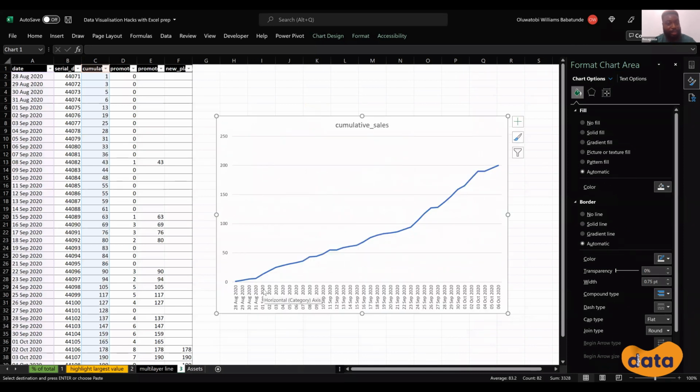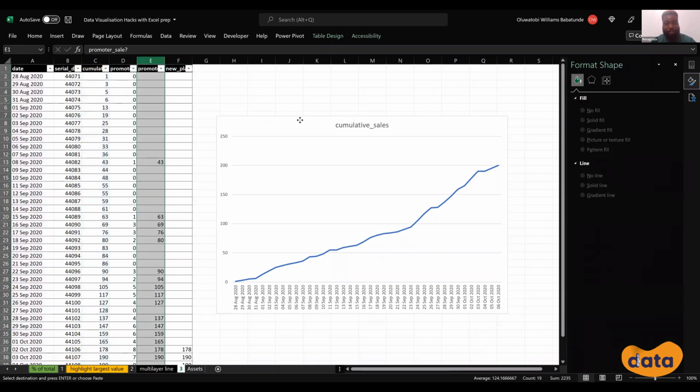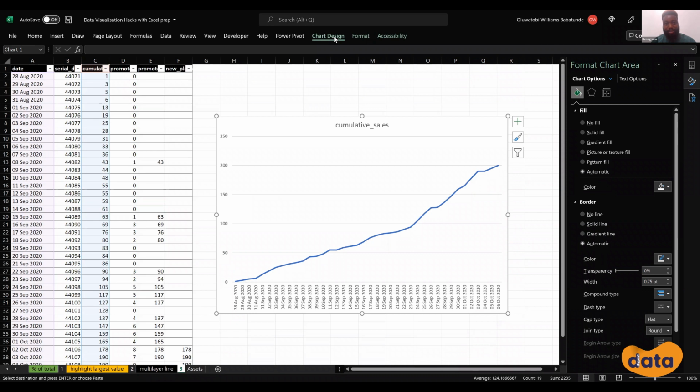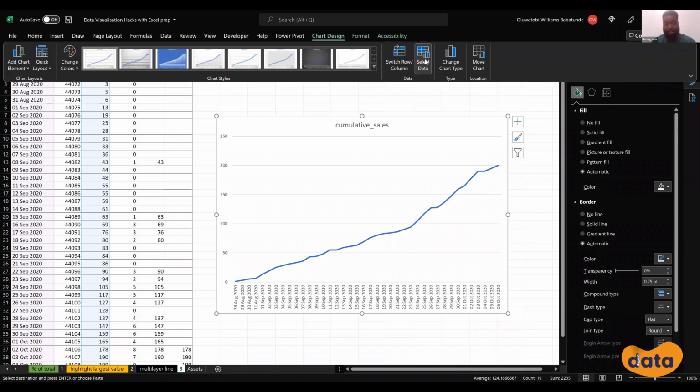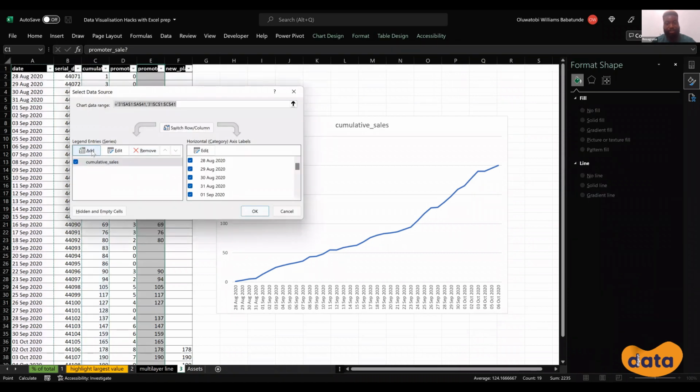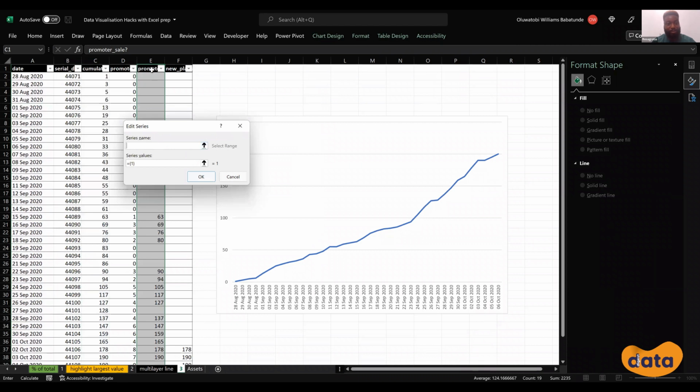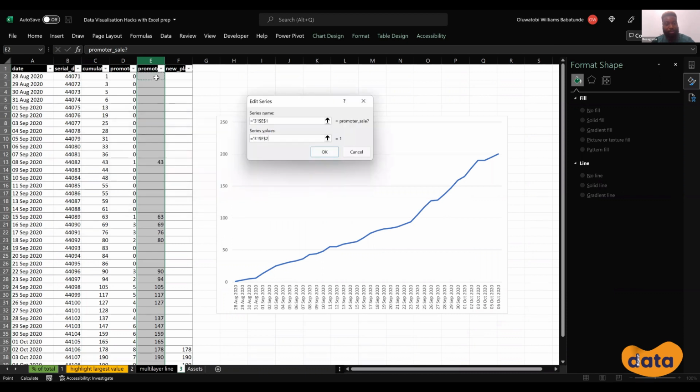And I want to highlight the promoter sales, right, which is this one. So what do you do? You guys know this, right? You go to chart design, select data, add a new series. Right, the series name is promoter sales. The series values, I want this as series values. I'll highlight the entire